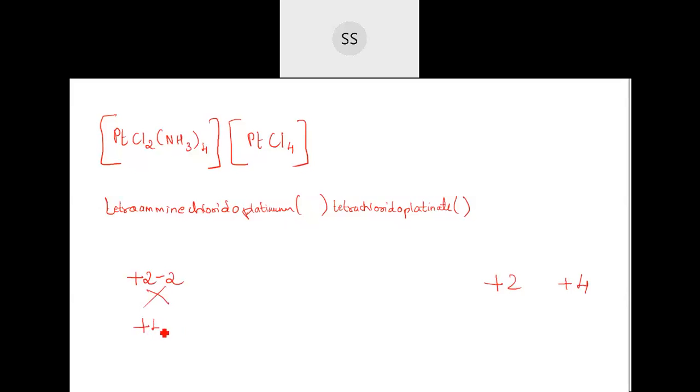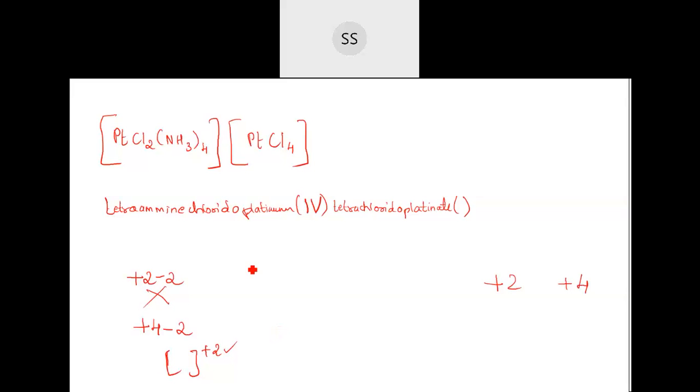If you take +4 now, will it go correctly? You see, +4 if I give, then chlorine is -2. So +4 and -2, that means the whole complex will carry +2 charge. So this goes correctly. You should get a positive charge for the first complex. So this is correct. If I give 4 here, I will directly write 4 here. Now check out for the next one. Here what you should get, if this is +2, then obviously you should be getting -2 for the other side. Then will you get -2? If you take +2 here, only then it will be possible.